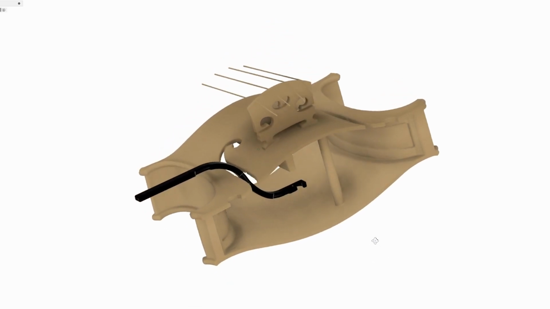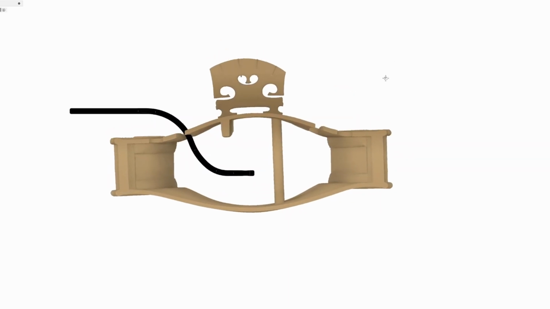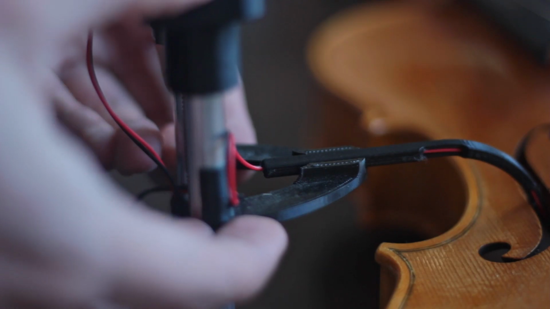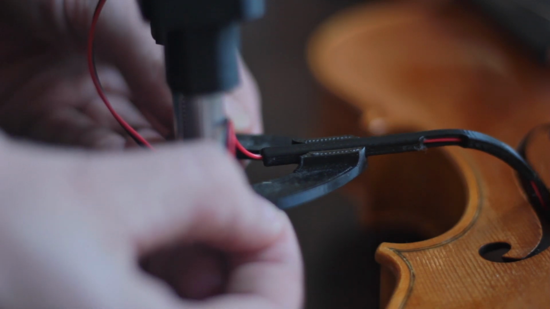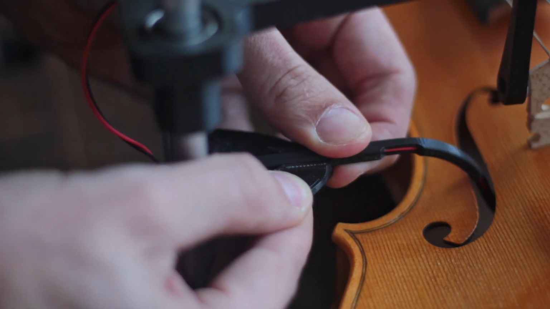The microphone itself should end up roughly centered in the instrument, and the straight section of the S-shaped microphone arm should pass through the F-hole without touching the edges. You have 2 ways of adjusting this position. The microphone holder can slide up and down the aluminium rails, and the microphone arm can slide forwards and backwards